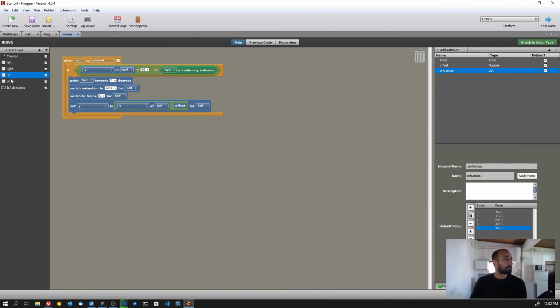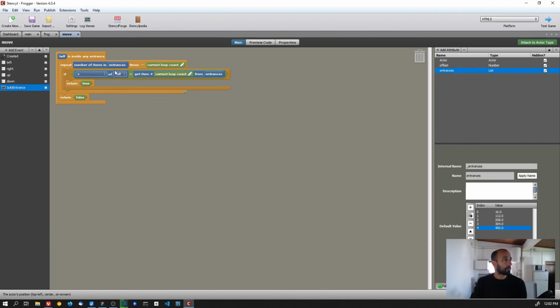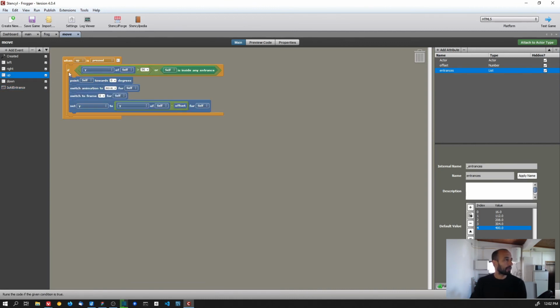And so this is the code to see if the frog is at any entrance. And then up here, I can say, okay, if the Y position is greater than 96 or if the actor is inside any entrance. And remember that when we are running the code, this block basically represents a true or a false value. And so this is it. I mean, now if I run the code,